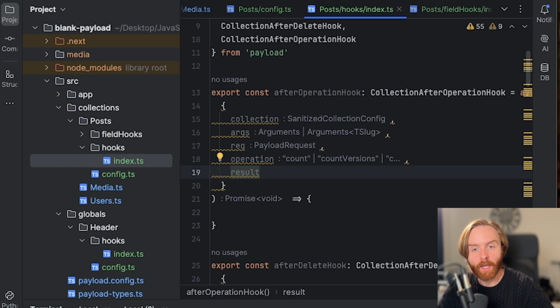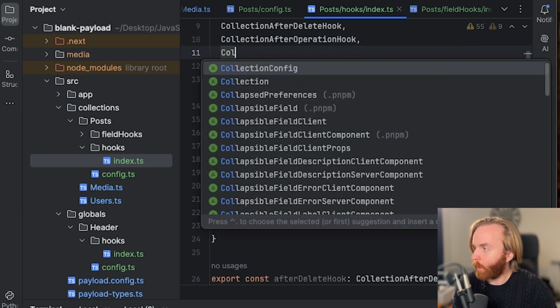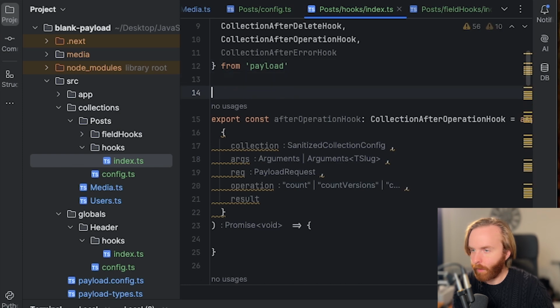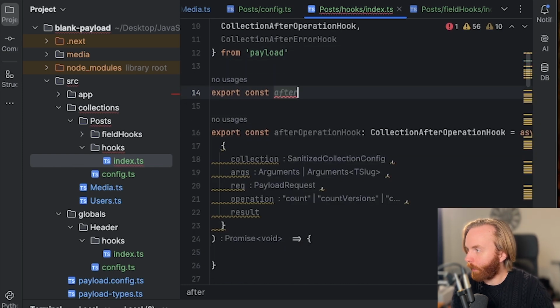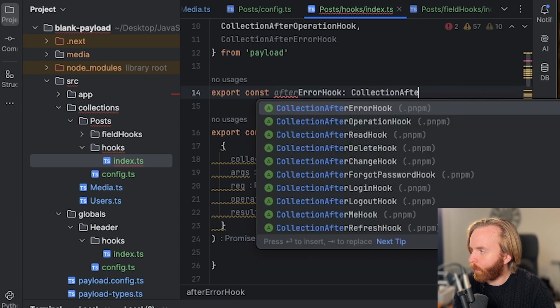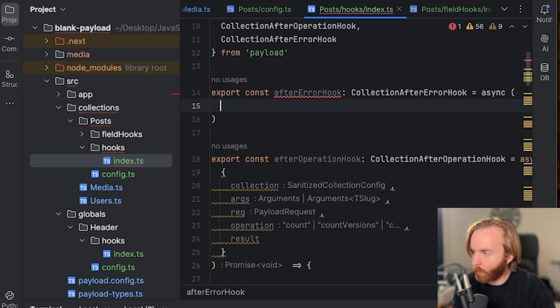The last hook we'll cover in this video is after error. This is triggered by an error that takes place in your Payload app. This is another great hook that allows you to send an email when there's an error in the collection or if you have a third-party logging service. You can access this hook by importing type collection after error hook, and then exporting a const called after error hook, assign it to our collection after error hook type, set it equal to an async